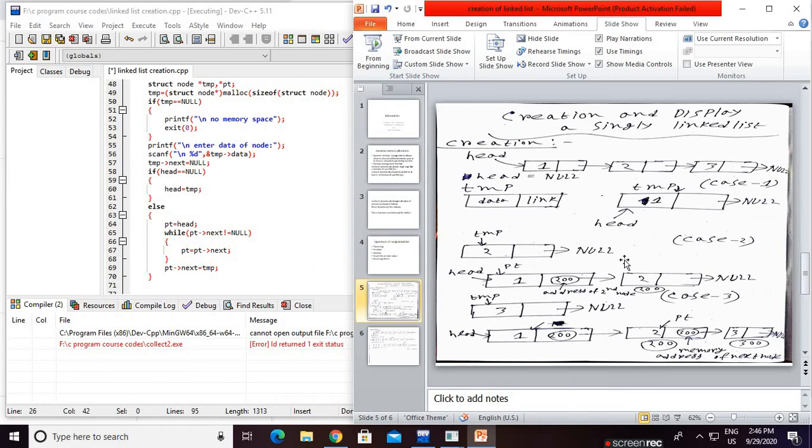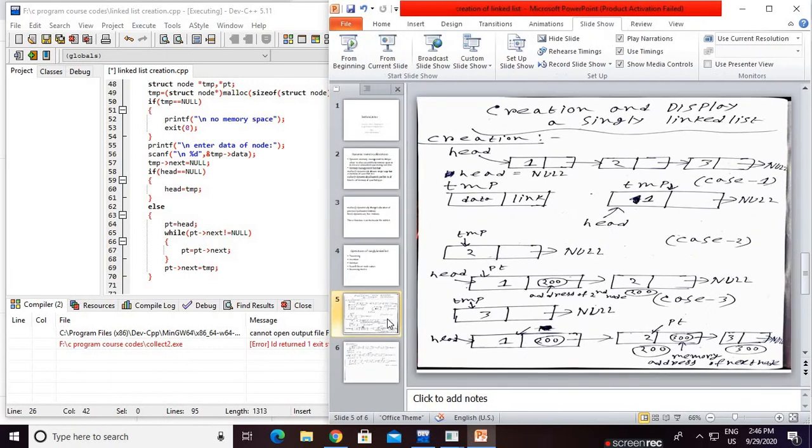Now, for example, we have a singly linked list of 2 nodes. If I tell you I would like to insert another node, meaning a third node, what do you do? We will check. First, this is already done. So again we create a node, for example, a temp. I assign the data. The next part is also assigned null. This is case 3.